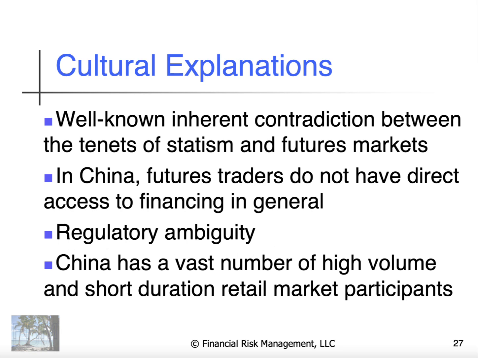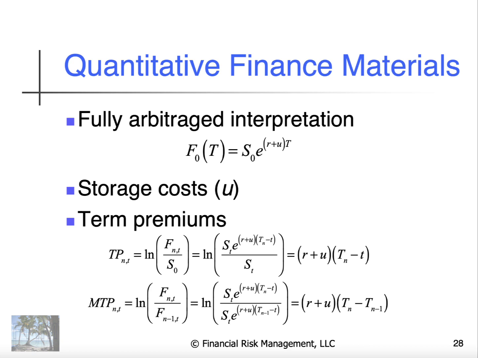One of the challenges if you trade, even as a Chinese citizen within China, is that the regulatory structure, as I understand it, is ambiguous in the sense that you're told, by analogy, you need to drive at a reasonable speed on the interstate. Well, that's not helpful because to one police officer, reasonable might not be the same as to another. And China also has a unique attribute in that there's a high volume of short duration retail market participants. It's a deep gambling kind of environment.